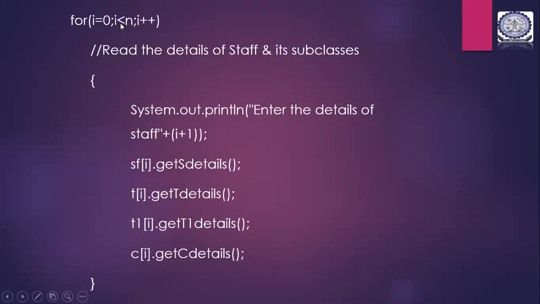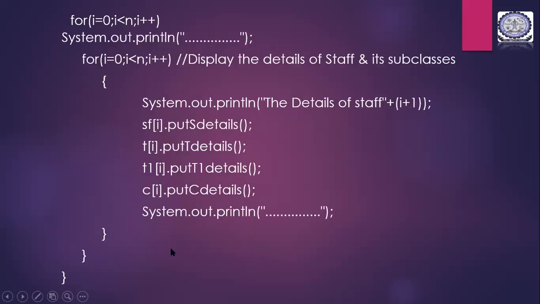And kindly make this as I is lesser than or equal to n. It is not only lesser than, because if you have given n is equal to 3, only when I is lesser than n, it will take the value. Since you have given I plus 1 here, you will have to take it as lesser than or equal to n. So the same thing repeats for this also. Take it as lesser than or equal to n. So all the values will be displayed on the screen. I plus 1.